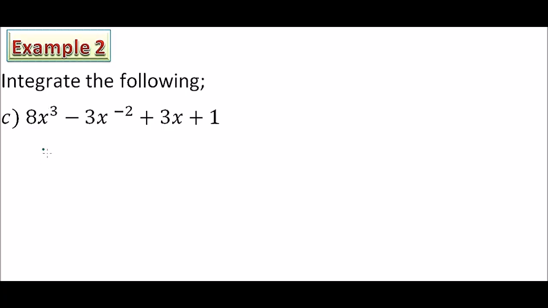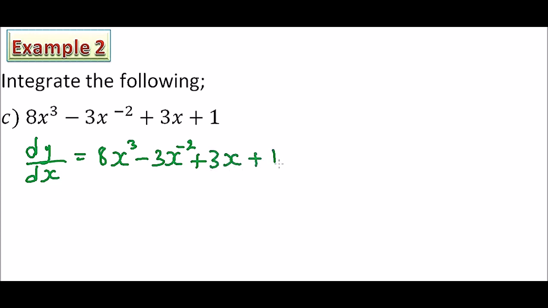In this example, we integrate the following: 8x raised to power 3 minus 3x raised to power minus 2 plus 3x plus 1. So this means our dy over dx is equal to 8x cubed minus 3x to power minus 2 plus 3x plus 1. We are required to get the function which was differentiated to get this gradient function. So it means our y is equal to